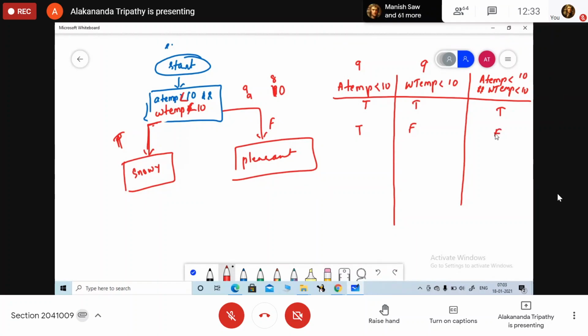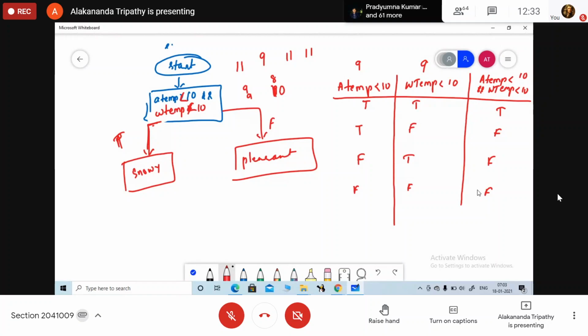False. Now, again, I am going to take the input as 11 and 9. So here it is false, and for this case, it is true. False, true, the value will be false. Now, if I take both values as 11, so false and false, the value will be false.